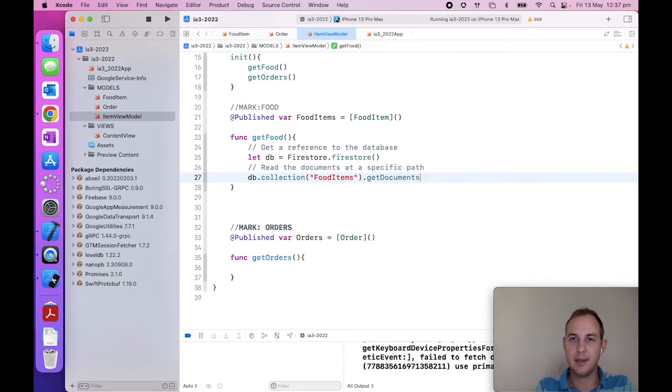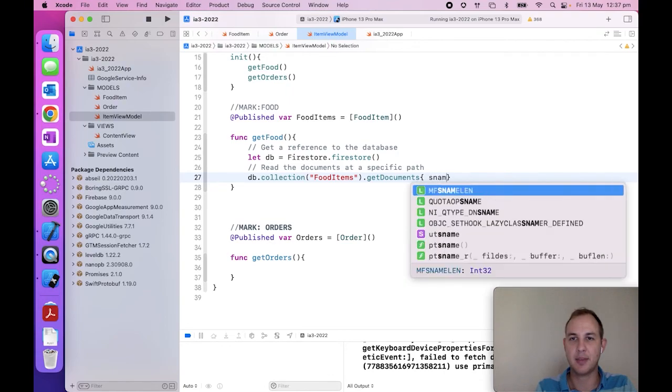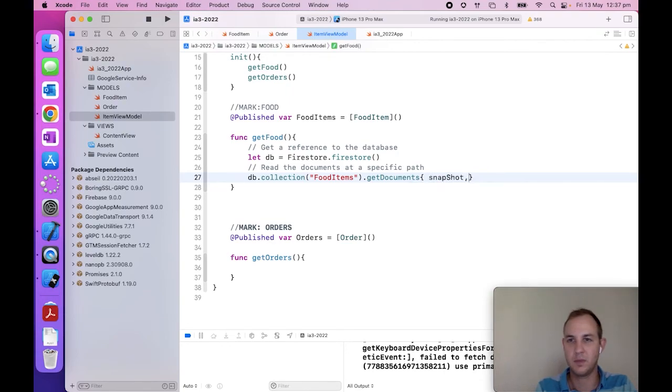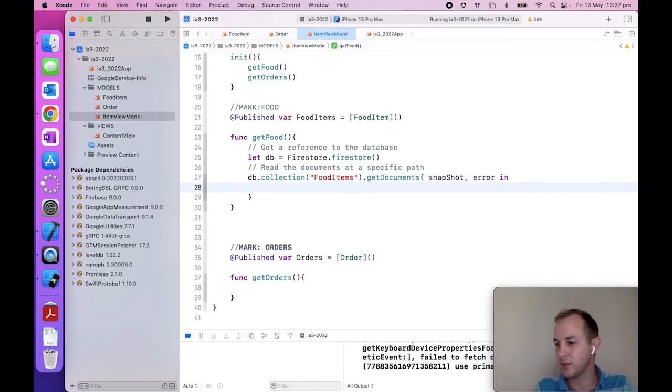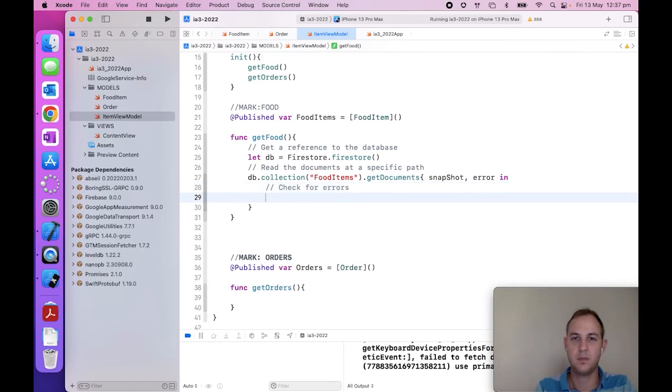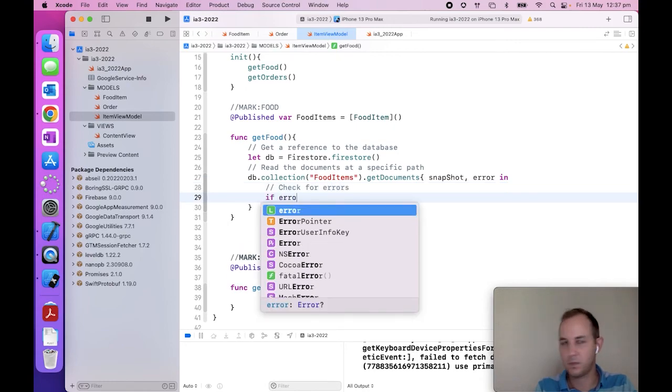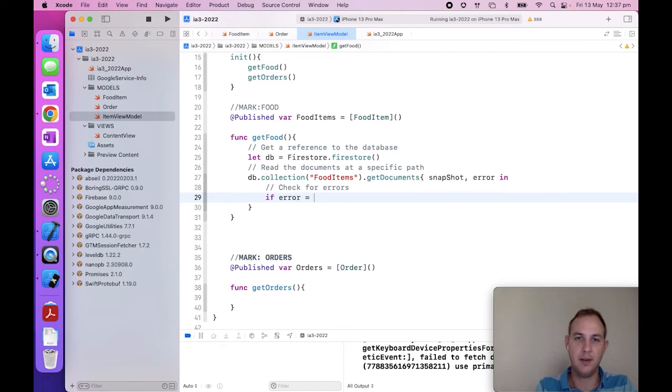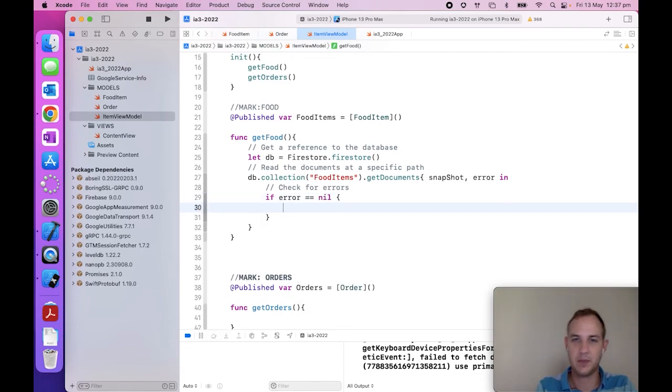And I'm going to do this a little bit differently. I'm going to call the document a snapshot. And we'll handle an error as well in case we have any issues. So the first thing we're going to do is check for errors. If there is no error, then what we're going to do is